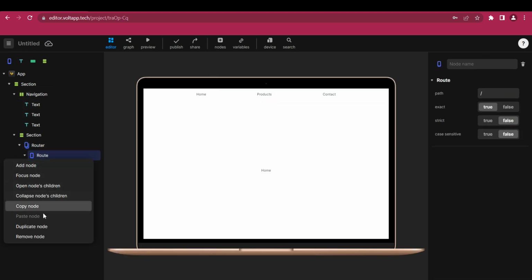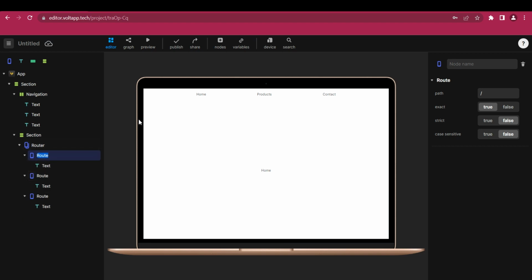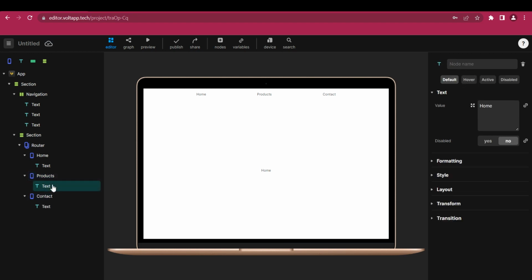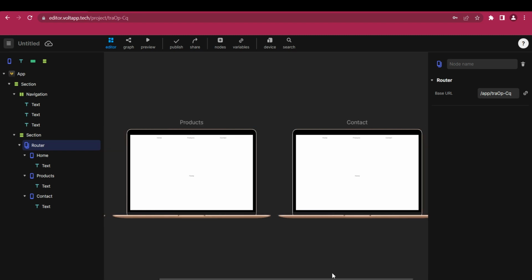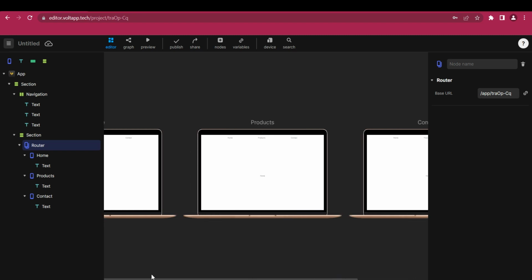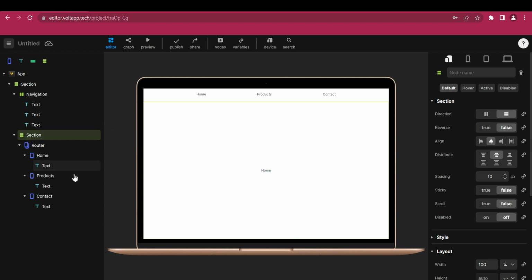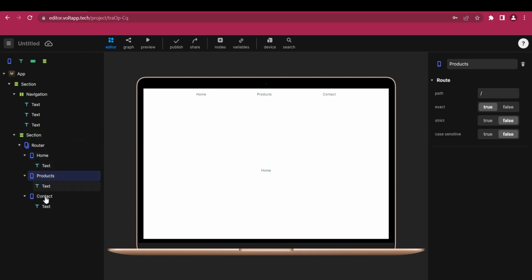Let's start by creating several routers in the router node. Let's rename them correctly. The difference with screens is in the attributes. The first attribute is the path. By default, it has the value /, but alone it refers to the first path in the list of routes, so it displays the home page. So if I change the order of the routes to put the product route first, the routes point to the